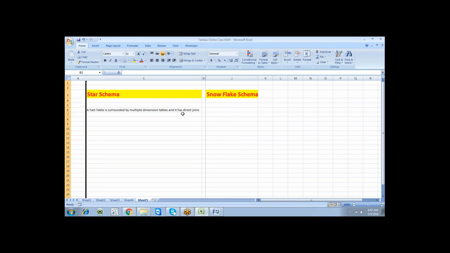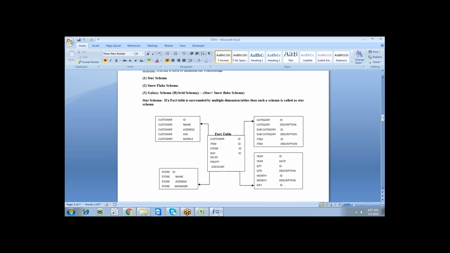This is the diagrammatical representation of a star schema. This is a fact table. Now you can see customer id, item id, store id, and day id. So we have different key columns.